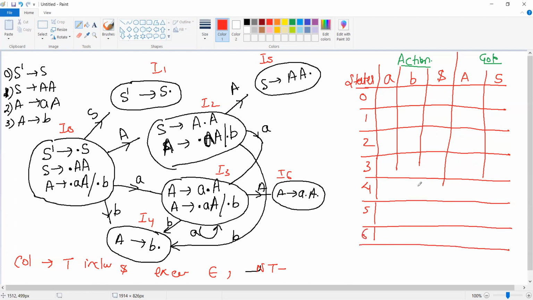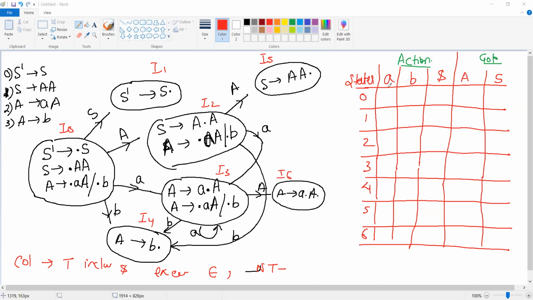So 0 से लेकर के 6 तक की आपके पास states हैं. So I've drawn all these states. Fine. Okay. Now, we'll complete this table.